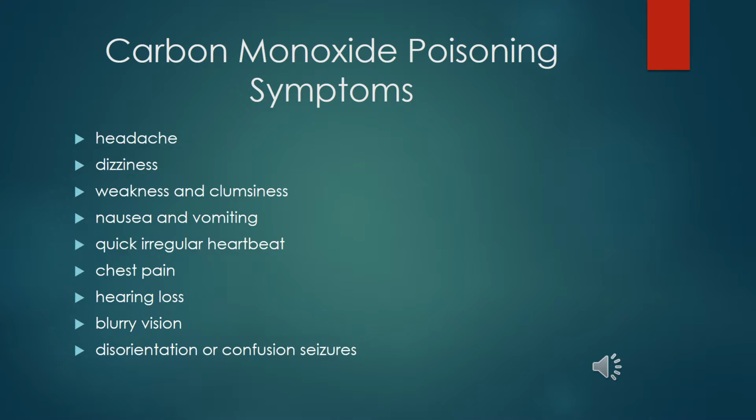The symptoms of carbon monoxide poisoning are as follows: headache, dizziness, weakness, nausea, vomiting, quick irregular heartbeats, chest pain, hearing loss, blurry vision, disorientation, confusion, and seizures. So it's important to notice if a patient does have a headache, they've been vomiting, dizzy, anything like that, or they just don't